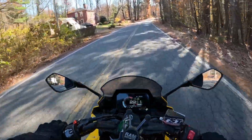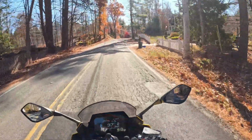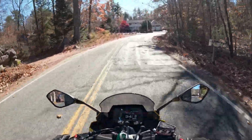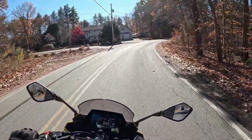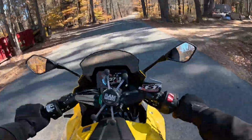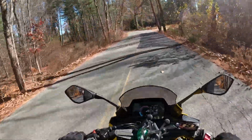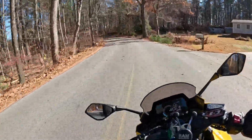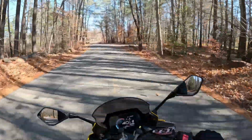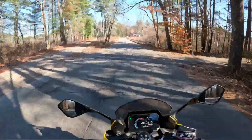So we're gonna do a quick loop. It's got some turns. I can tell you what it feels like. Maybe a couple little straightaways, and we'll get this thing going. So this is Mikey Boy's Gsx8r. They make the Gsx8s. This is the fully faired version. It's got the full fairings, fully faired. I don't know if that's what that means, but